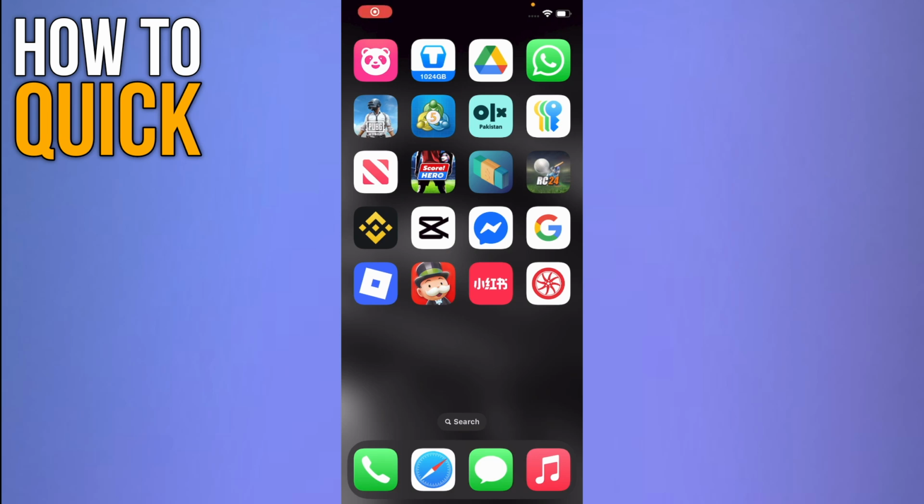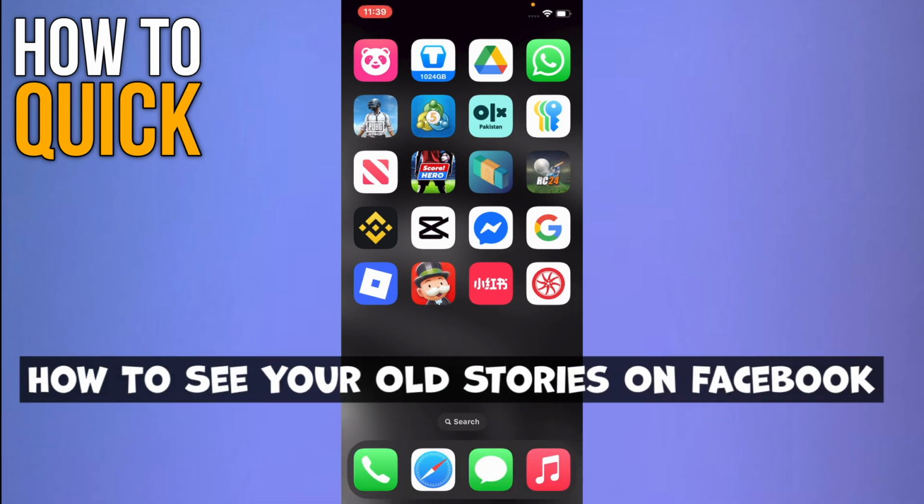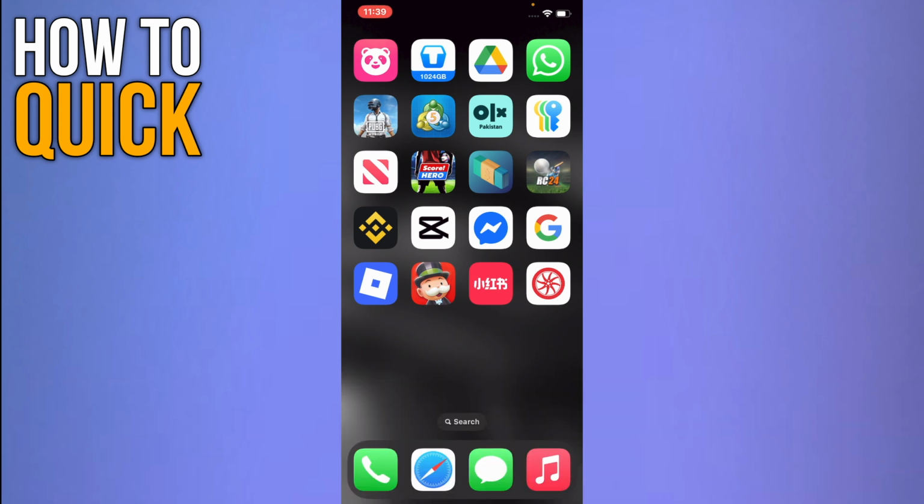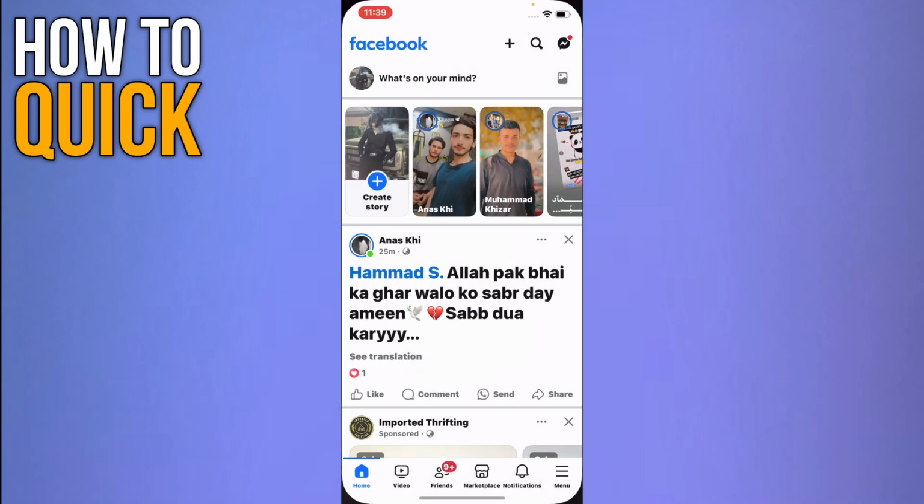In this video, I am going to show you how to see your old stories on Facebook. So first of all, open up your Facebook application. Now on your Facebook application, you have to tap on the profile icon which is present at the top left